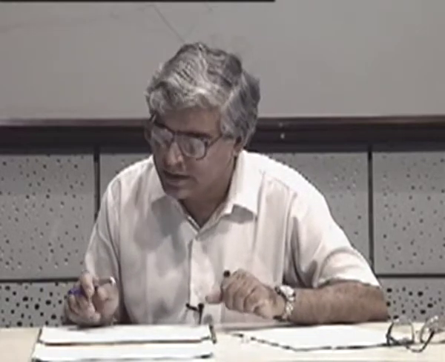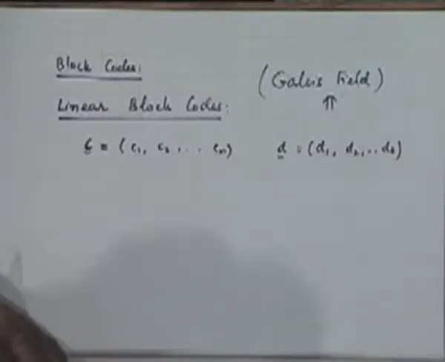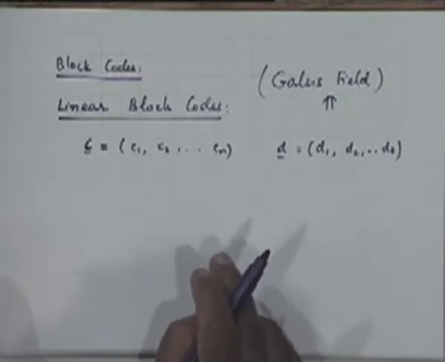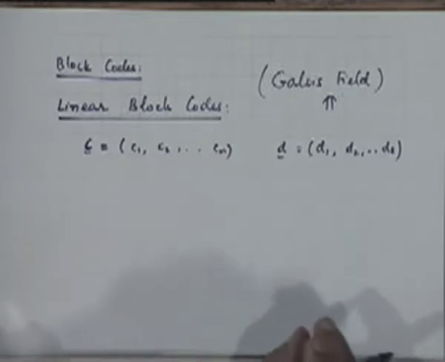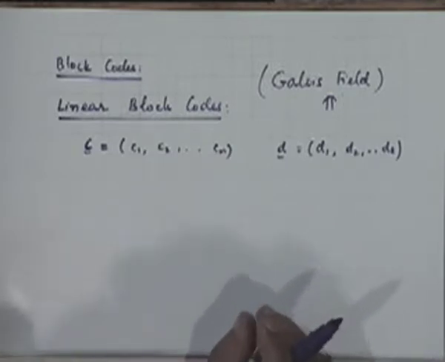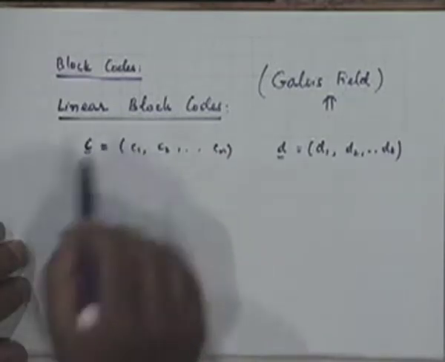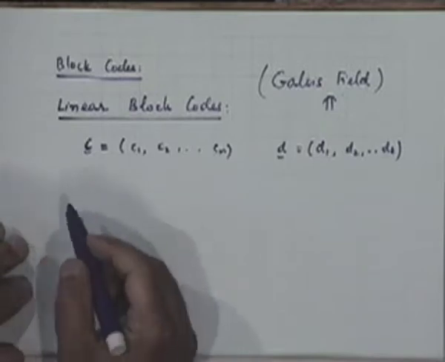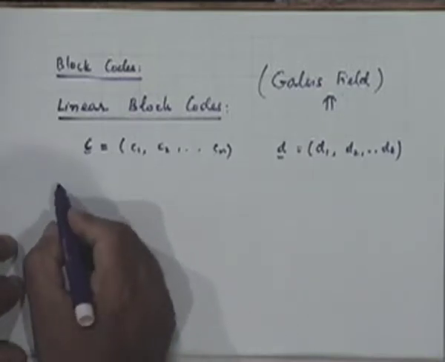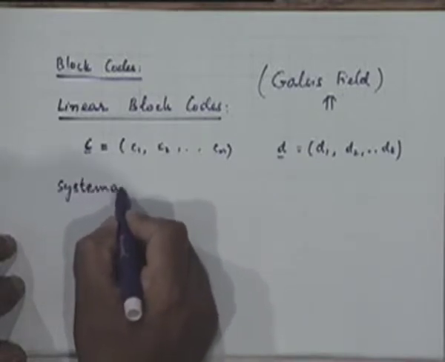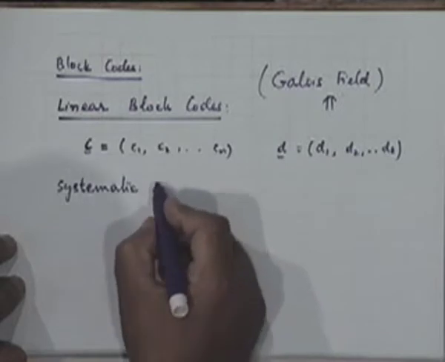operation. Okay. So when I say take linear combination of these bits, it only means I am taking some D1 plus D2 plus D5 and things like that, this plus being really an exclusive OR operation, right? Because basically addition is modulo 2 addition. Now out of this big class of linear block codes, there is a subclass without any loss of generality, and this subclass is known by the name of systematic linear block codes. We will discuss these.